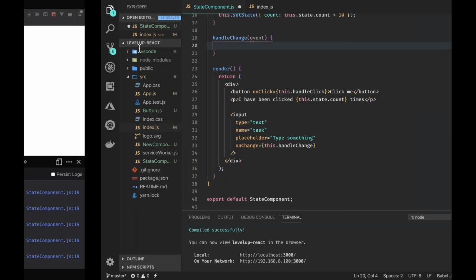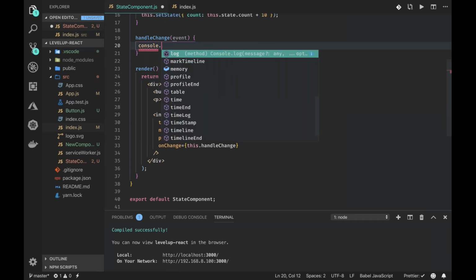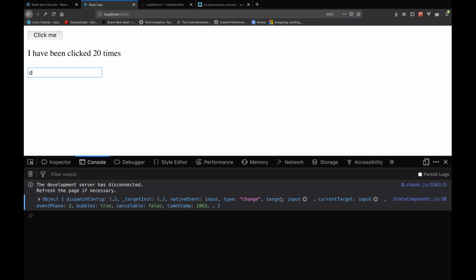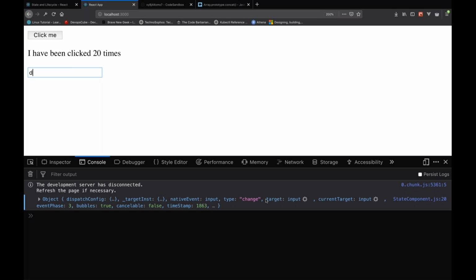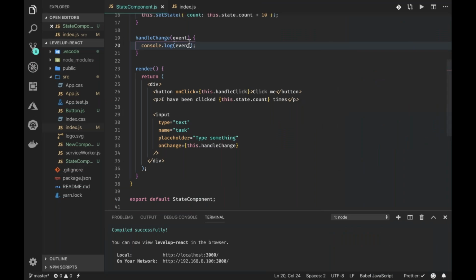So inside our handle change, before we even get started, let me log the event, so I can show you something. All right, I type something and I see an object. Output comes out in my browser. If you can see, there's an entry here called target. Target refers to this input here. Target refers to the actual HTML element that the event occurs on. So if I do console.log event.target,